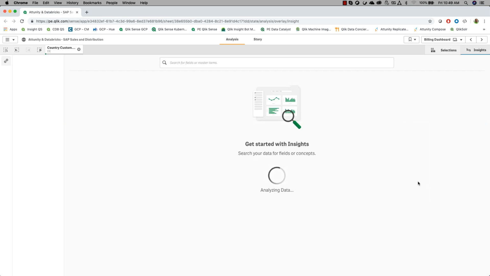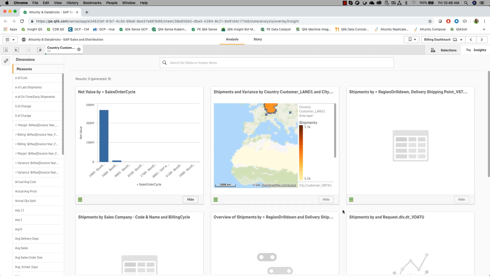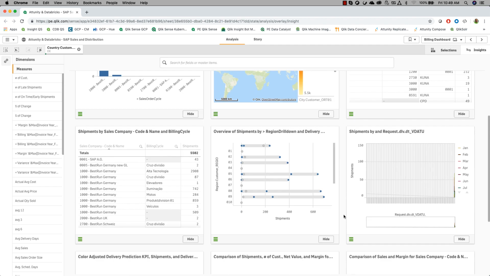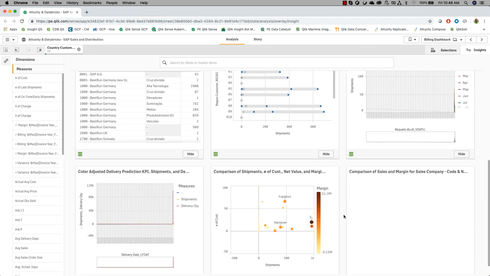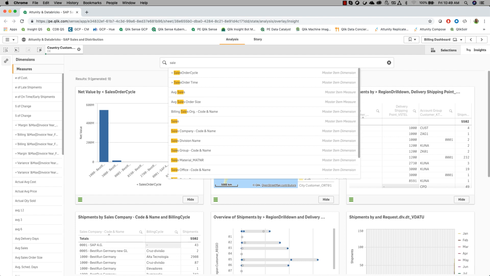This is the Insight Advisor. It will take a look at the data, analyze it, and see if there are any other relationships in the data that we may have missed that it finds interesting within the engine. Once this runs for a second to analyze all the possibilities, it will give us some ideas of things that we could look at, different charts, different chart types, different ways of analyzing the data. There are some interesting observations, but if we want to get more specific, let's filter down and look at sales